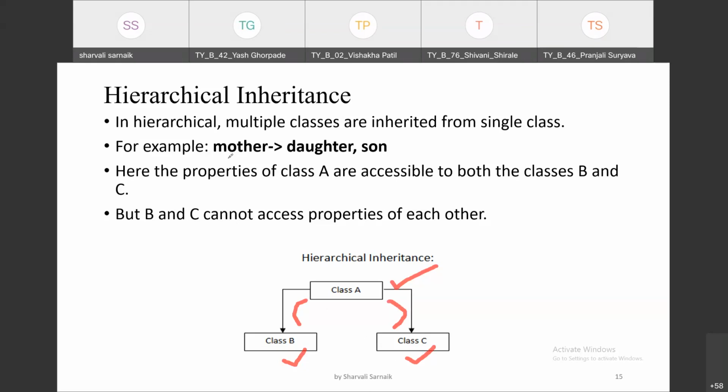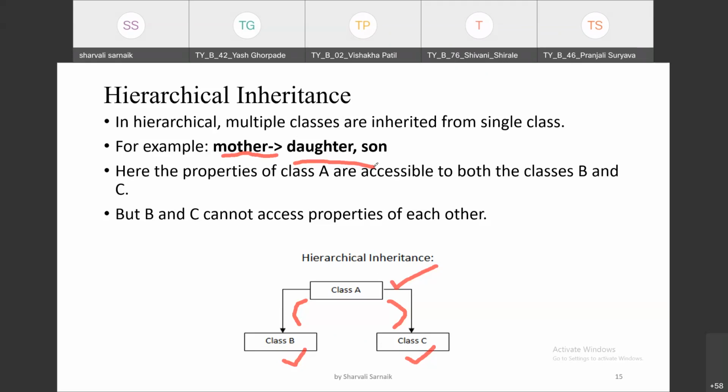For example, let's take a class mother. Mother is the base class, and from that two new classes are created: one is daughter and another is son. Daughter has properties called name, surname, and gender, and similarly son has properties called name, age, surname, and gender, and class mother has a property surname.